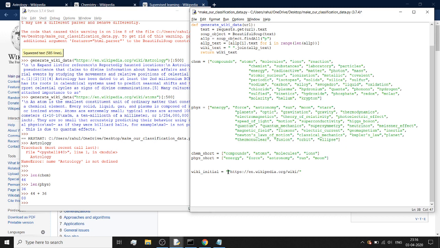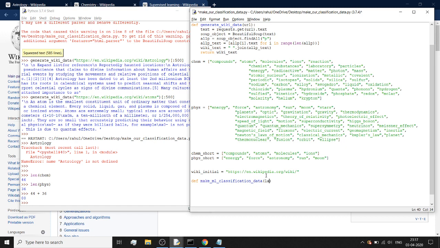So I have an extra double quote. So now this is fine. Okay, so what we want to do is, let's say, how we will be proceeding with this. Let me declare a function make machine learning ML data, make machine learning ML classification data. So I'm calling this function make ML classification data, and